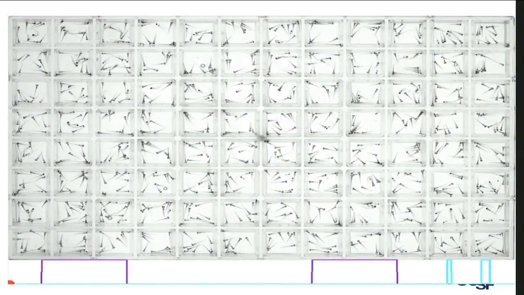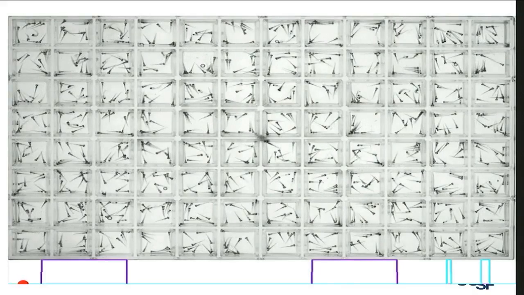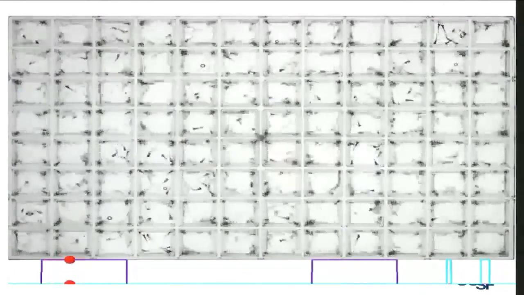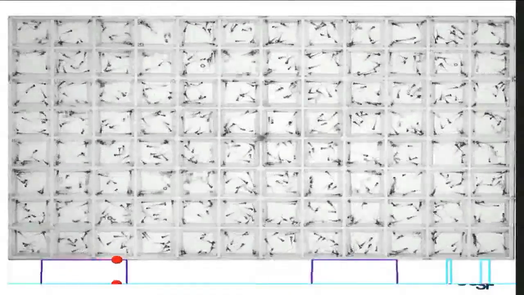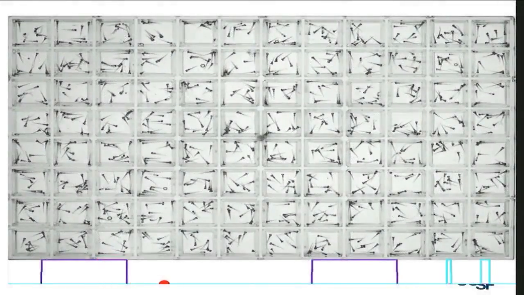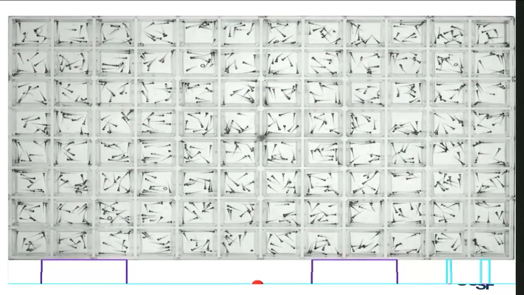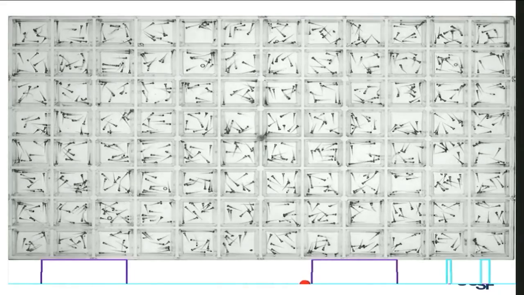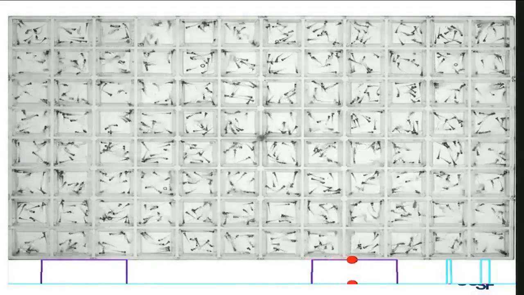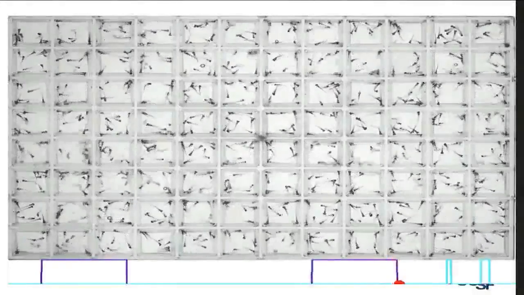So this is a movie of a 96-well plate filled with zebrafish. There's 8 animals per well. And when I play the movie, you can see how these animals will respond to these purple light stimuli. You can follow the bouncing red ball to indicate the timing of the stimulus. The stimulus turns on, and you get this robust behavioral effect. When the stimulus turns off, the animals start to calm down and relax. You can imagine what might happen when that stimulus turns on again. The animals start to move again. Stimulus turns off, the animals will stop.